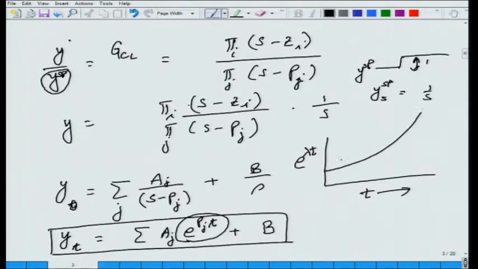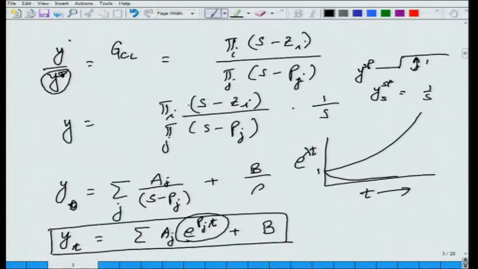If lambda is negative, things would decay to 0 in long time. So, if any of the poles of your transfer function is positive,